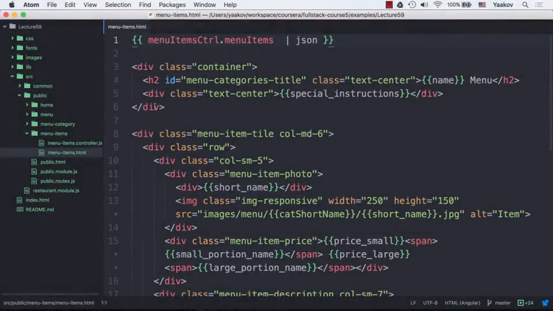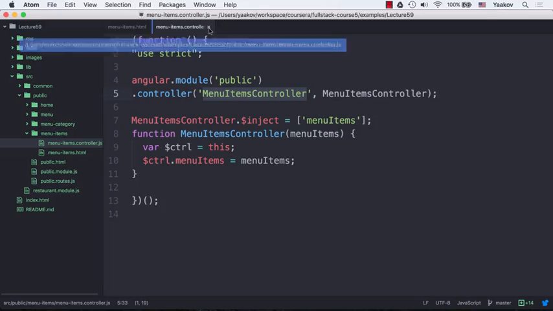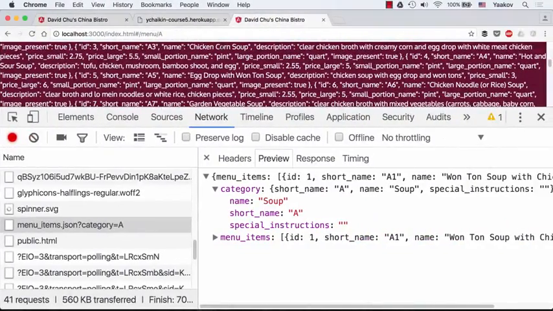Okay, so we're back in the code editor and I'm in the lecture 59 folder, which is located in the fullstack-course 5 examples folder. And here's our menu-items.html. That's the template HTML that's controlled by the menu items controller that we've defined and wired in inside of our routes. So if we go to the browser and actually on the page for a particular menu right here,